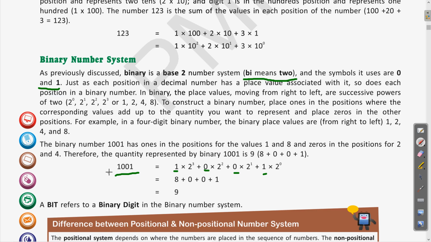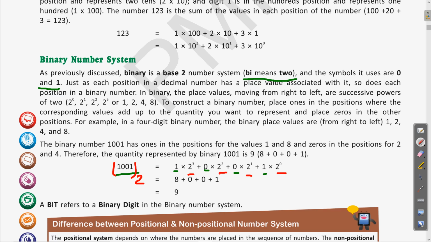Here the base of this number means the digits which we are using, and as I told you, to remove the confusion we can make a bracket and outside the bracket at the lower side we can write the base. If we follow this convention, it will be easy to understand. Clear? So here the base of this number system is 2. Now all of these digits are multiplied with 2. Here you can see 2 raised to the power 0.